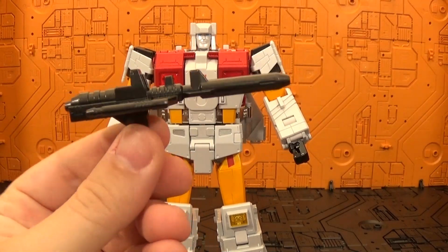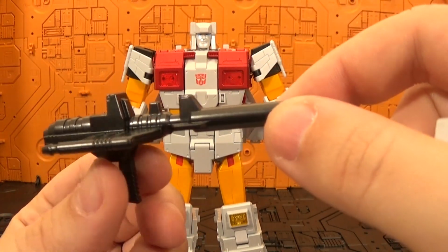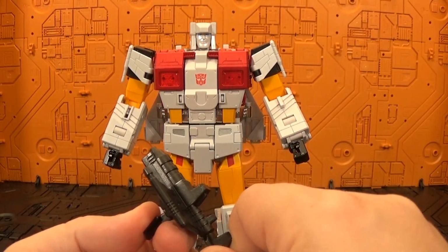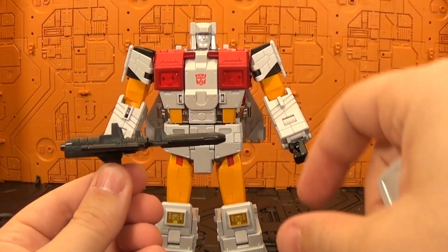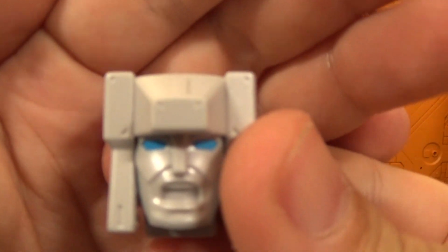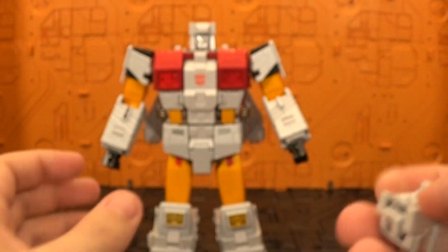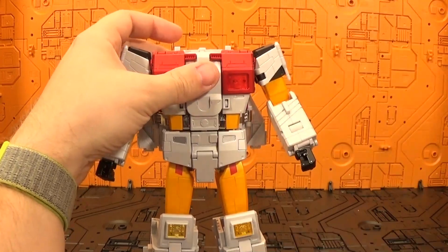So there you have his gun. It's just in a very dark gray gunmetal plastic. The handle can move. Can it move? No. No, it looks like it can, but it can't. So you just have your little gun right there, and then you have your alternate screaming head, if you like that, and you just pop it off at the mushroom cap, so you push his head forward, heard that pop,